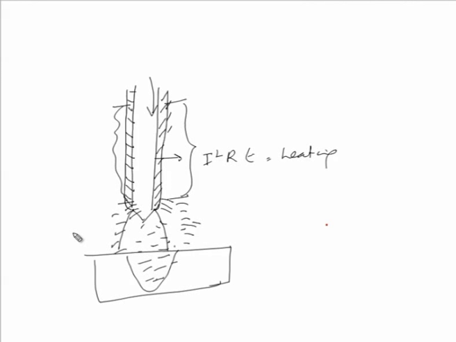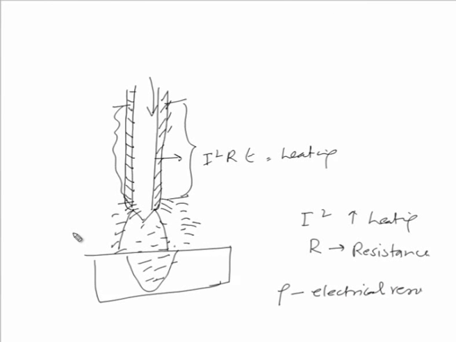So, this is one aspect that affects the upper limit of the welding current. Here, higher is the current, higher will be the heating, but this electrical resistance heating is also affected by the factor R. R indicates the resistance offered by the core wire to the flow of current. This resistance of the core wire is affected by its length and its material. So, these are the three aspects: the electrical resistivity of the material, that is one, and